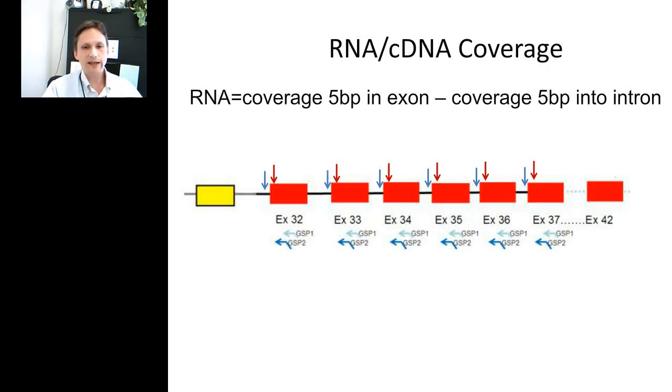For expression, just in the last few minutes, you can look for RNA expression in this TNA-based assay, even if you're reading through into an intron. You can use that data to help correct for DNA reads. In this case, our RNA coverage equals the reads within the exon minus a very close intron coverage. By subtracting this intronic coverage, you are subtracting almost all of the genomic DNA reads that are coming through this area. So that allows us to do